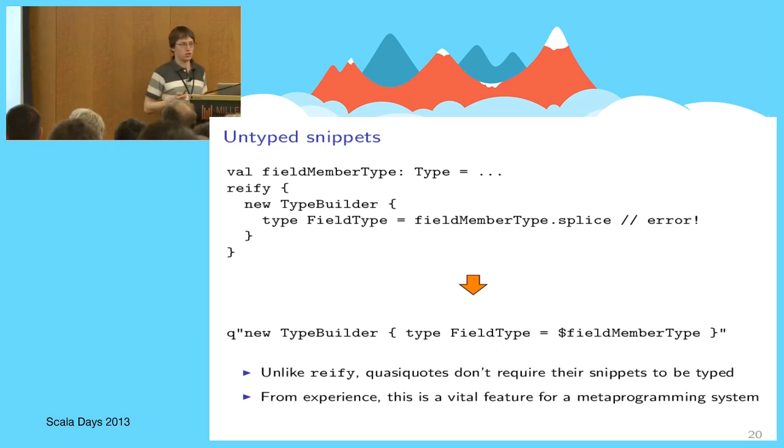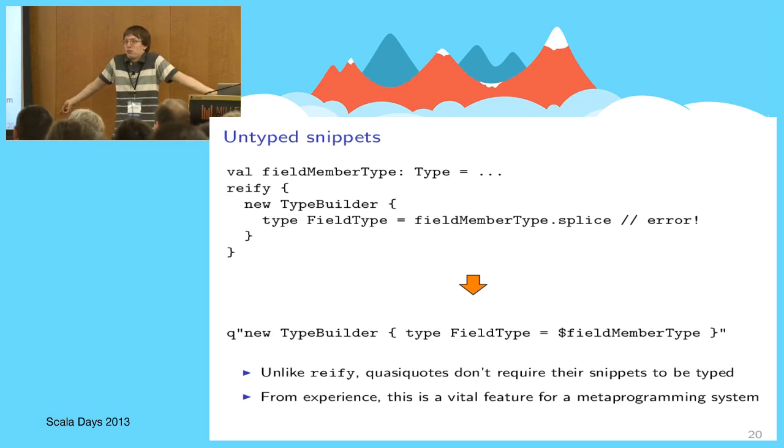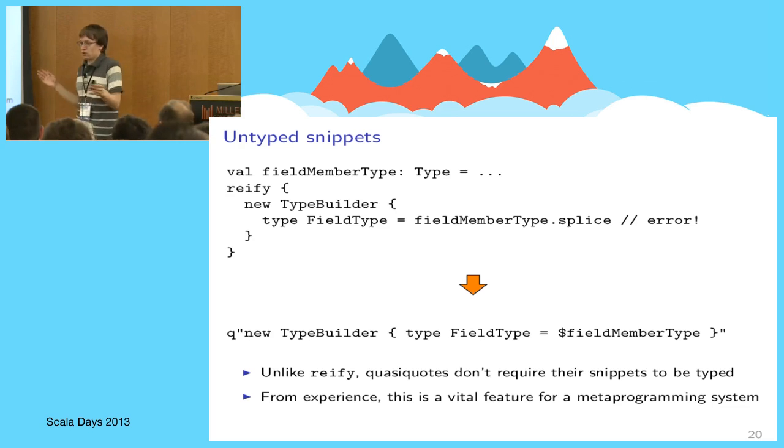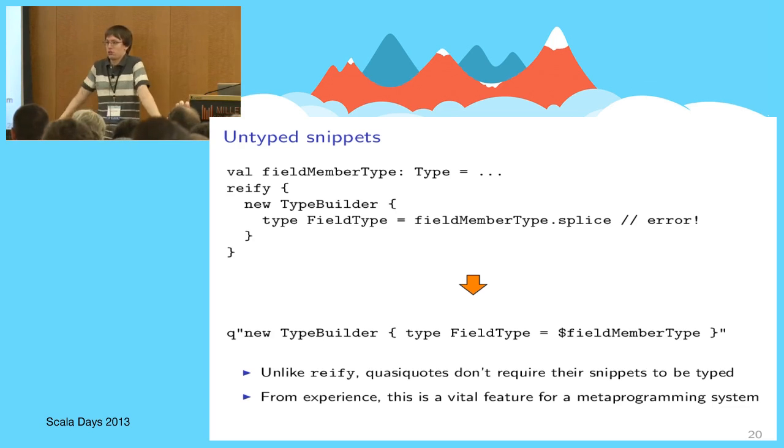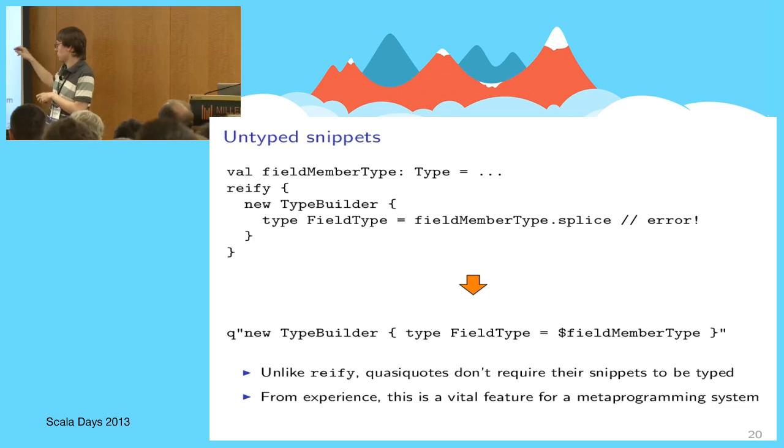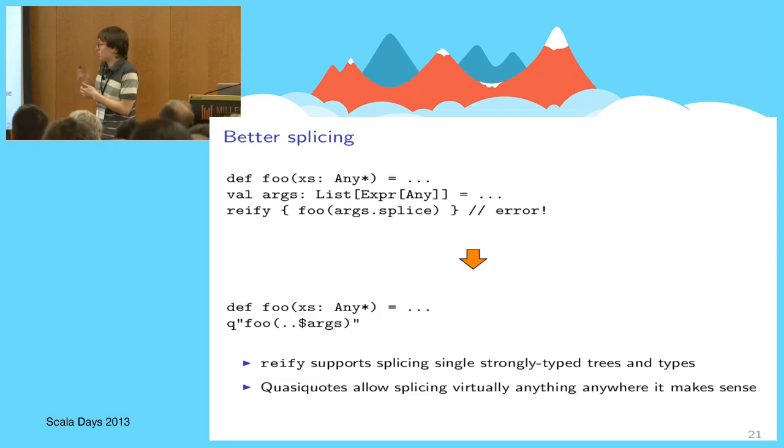But unfortunately, there are situations like here when you don't know the types in advance. So here we just want to generate a type member that's computed dynamically. Unfortunately, that's just not possible. Well, actually, I'm lying a bit. It's possible, but you don't want to know how it's done. Okay, but with quasiquotes, you get this intuitive notion of string interpolation. So you just quote Scala code in these fancy quotes like q and then quotes, and then you splice stuff in there. And speaking of splicing, it's a bit rough right now. It's quite good, but it's a bit rough. But we have the potential to allow splicing anything in any place that makes sense. For instance, let's see the next example.